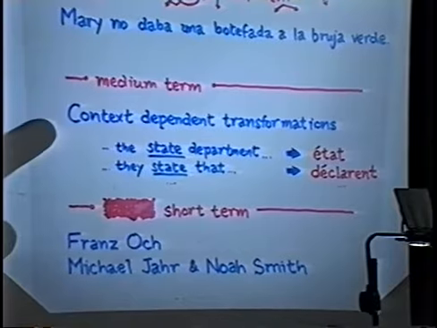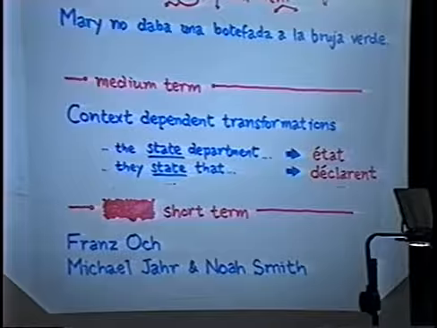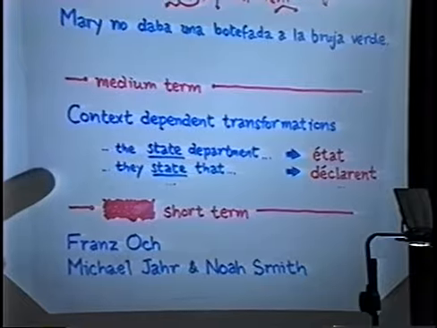In the medium term, there are really interesting projects to do with context-dependent transformation. So under what circumstances does true translate to faux? You can start to think about this. Is the word deny an important thing there? Yeah, probably so, but it probably depends on what deny translates as also. So if you could come up with a better explanation of how sentences translate, you're going to get a better perplexity and hopefully better translations. And so that's kind of medium term.